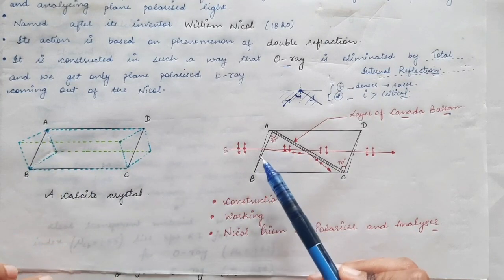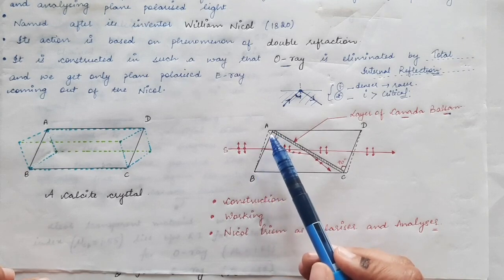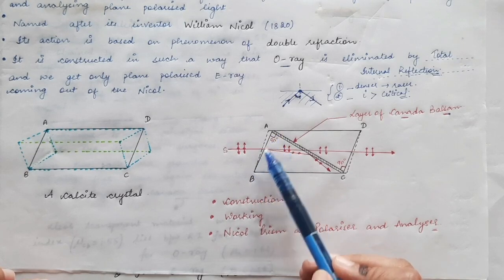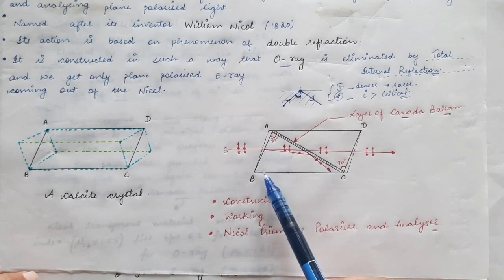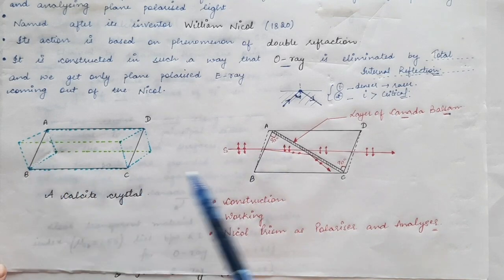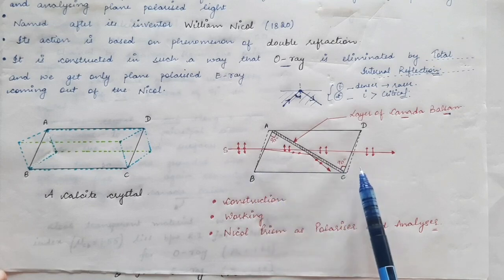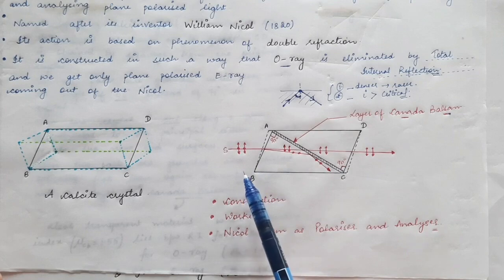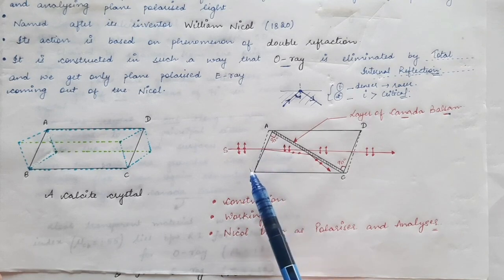So what we do is we grind it from here. We decrease the angle by polishing. We grind this face as well as this face of the crystal, and we decrease the angle from 71 degrees. Earlier this angle was 71 degrees, so we reduce this angle from 71 degrees to 68 degrees. So we grind these two opposite faces and we polish them. So we make them optically flat by polishing.